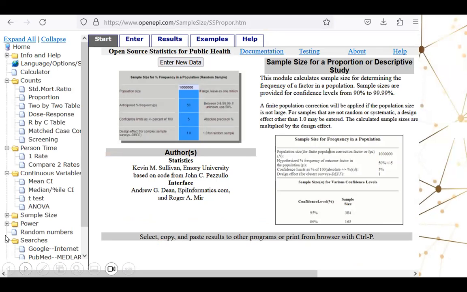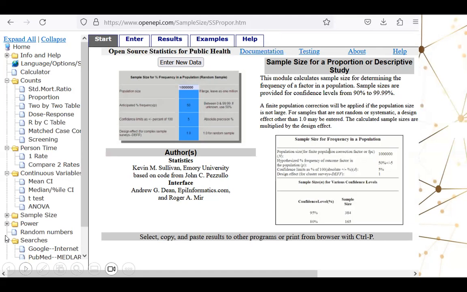Efficiency check, I can go to openepi.com. Efficiency means being able to do a task in an easier, faster manner using less resources like time and effort. So openepi.com is a free website that allows you to do simple sample size calculations. If you look at the left column, you see their sample size, and if you expand that, you'll be able to derive sample size for proportion, for RCT, cross-sectional, cohort studies.